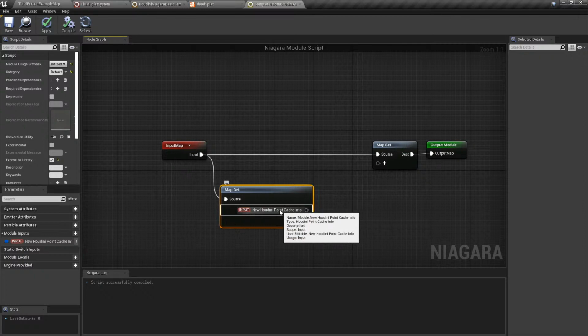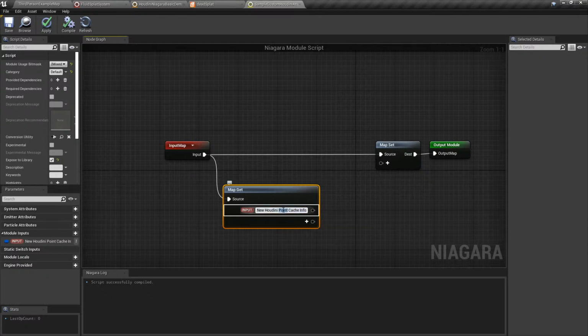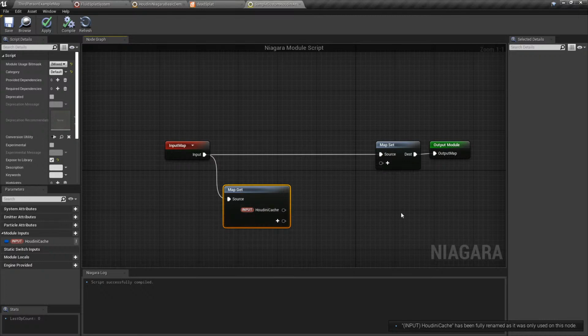And so that name is a little bit verbose, so I'm just going to call this Houdini cache. Okay, and it was only used in this one. That's good, that's fine. And so what we're going to do here is,